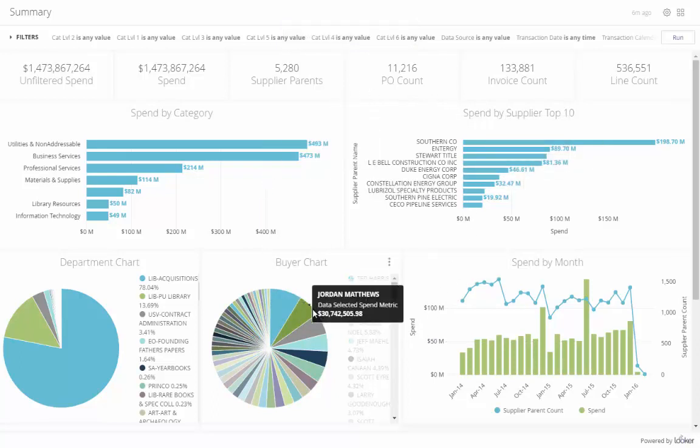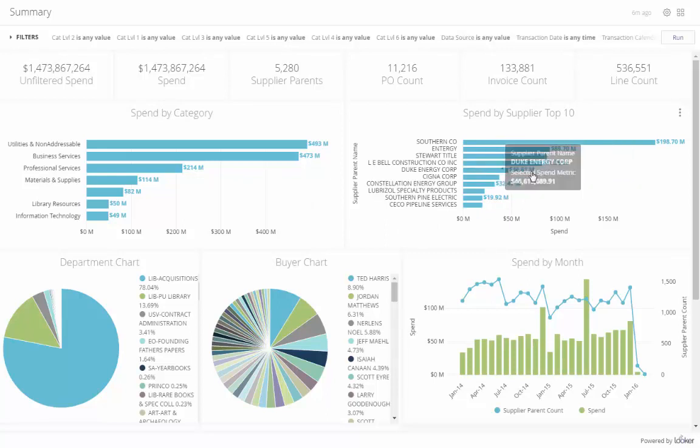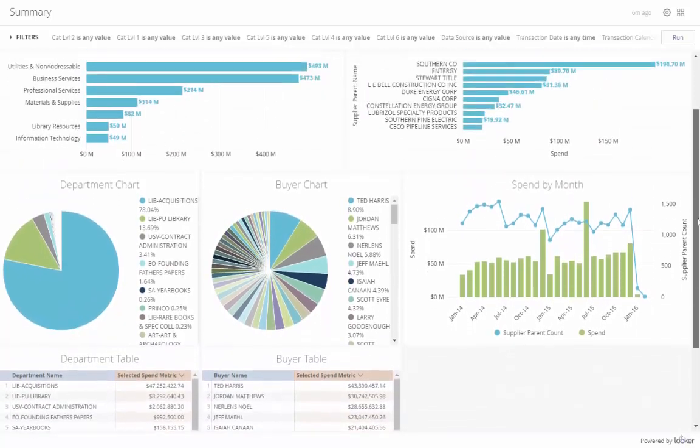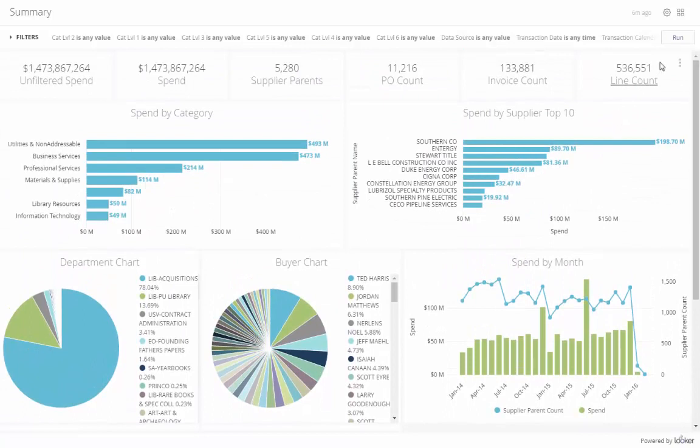This summary dashboard is a shared dashboard that our professional services team created for every SpendRadar customer, and it provides information like the total amount of spend, total number of supplier parents, PO count, and other details like that. You can see spend by category, top 10 suppliers, spend by those top 10 suppliers, and on to department charts, buyer charts, spend by month, and so on. There are a number of different dashboards that we have available out of the box for our SpendRadar